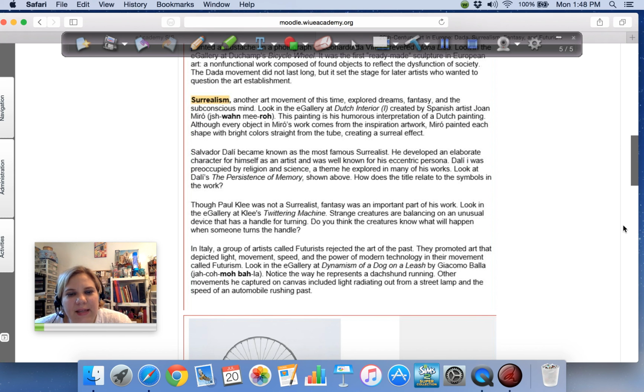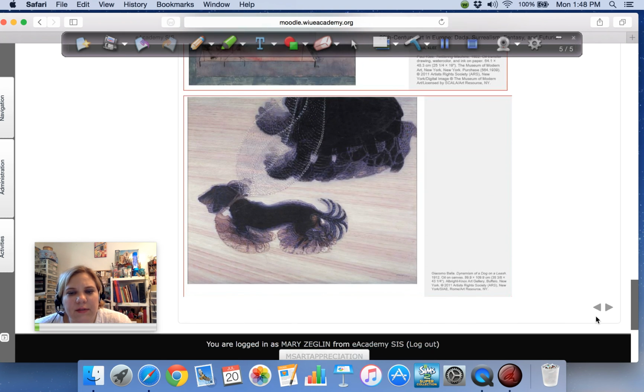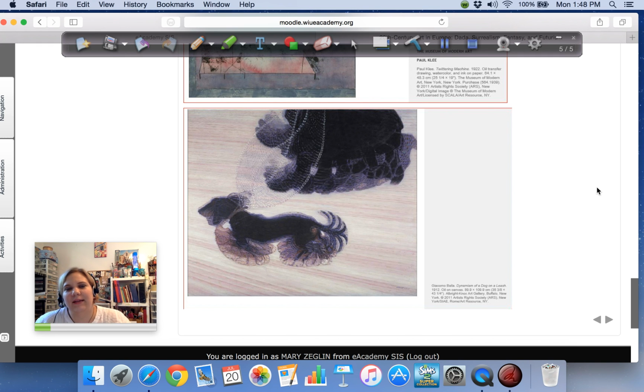But making these creatures, and then we're going to have the futurists, rejecting the art of the past, going on to new things. And even this painting from 1912, you can see the movement of this little dog, and these feet are moving. A new way of looking at things, this dog, when it's moving, does look like it has many feet. The leash, we're not just seeing one perspective of the leash, but four. It's really showing us movement.